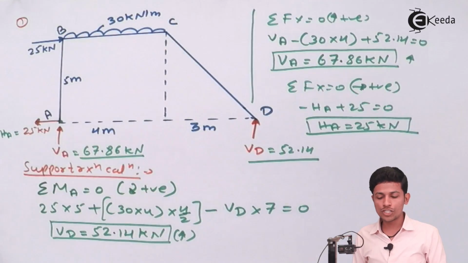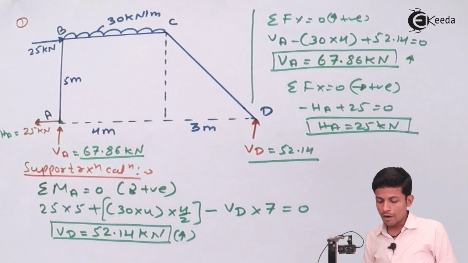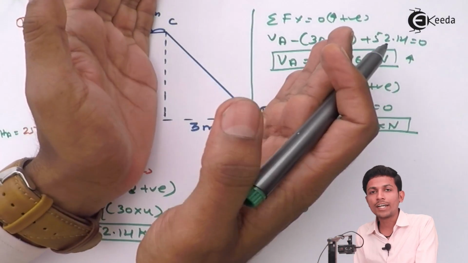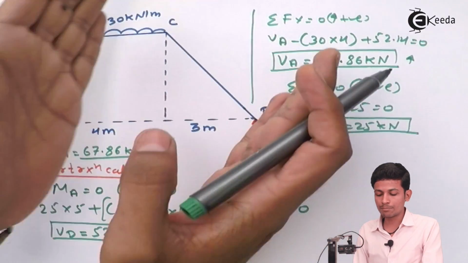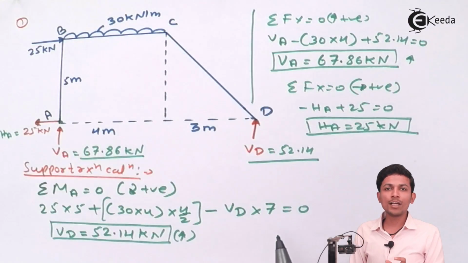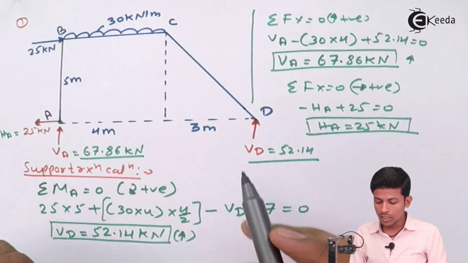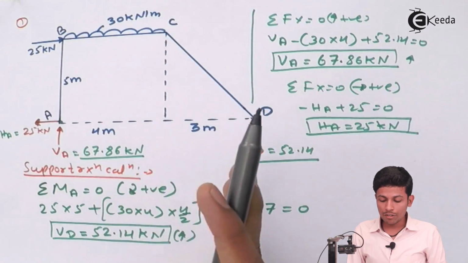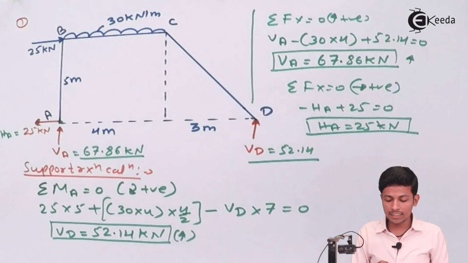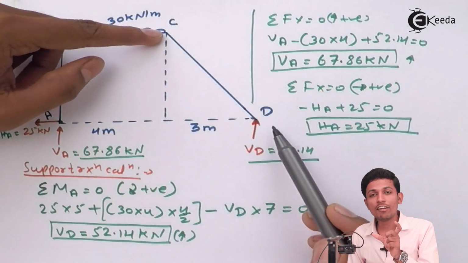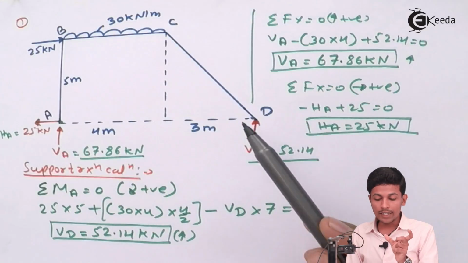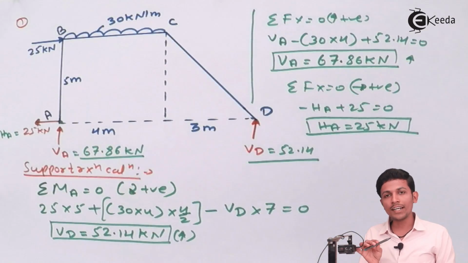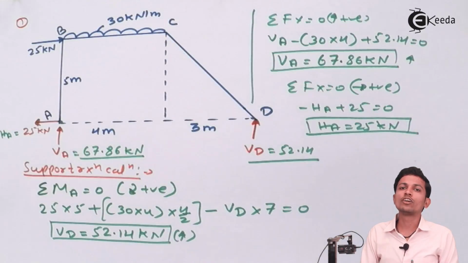Now see, in this question we have to resolve this part. This is your main part in this question. Different from the previous question, the different part will be C and D. In the CD part, we have to see that VA will be in the vertical direction. But we don't want the vertical direction, because member CD is inclined. So in member CD we want one force along the CD and one force perpendicular to the CD